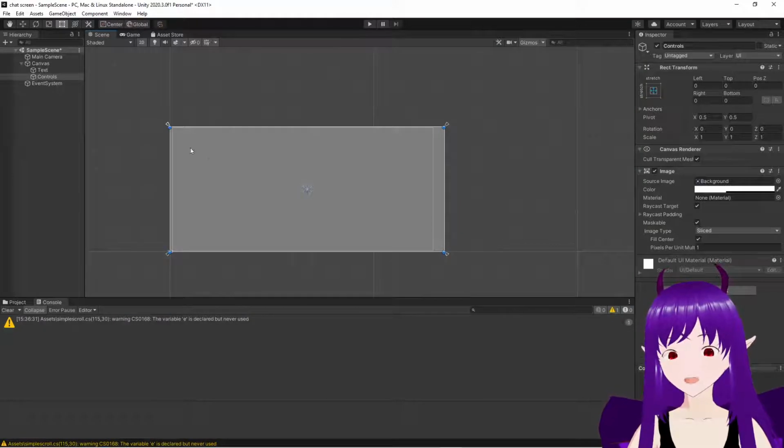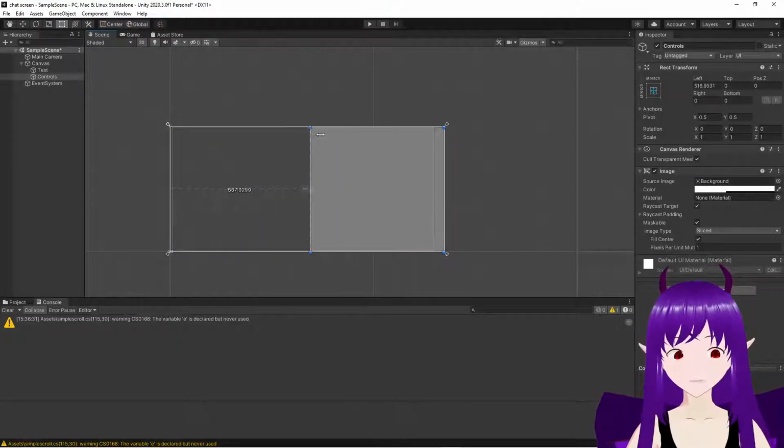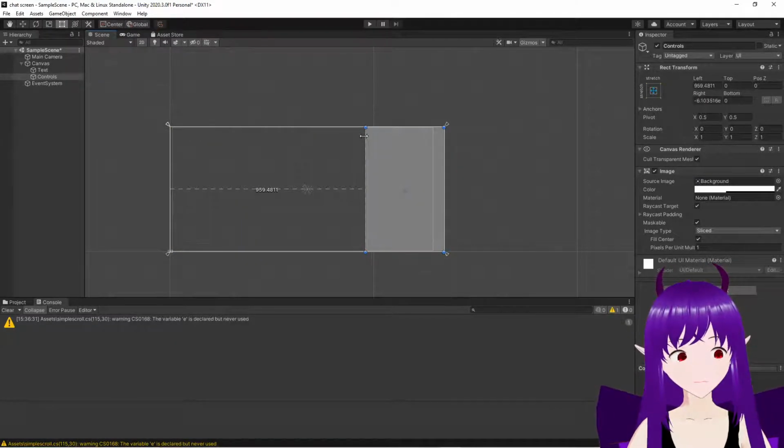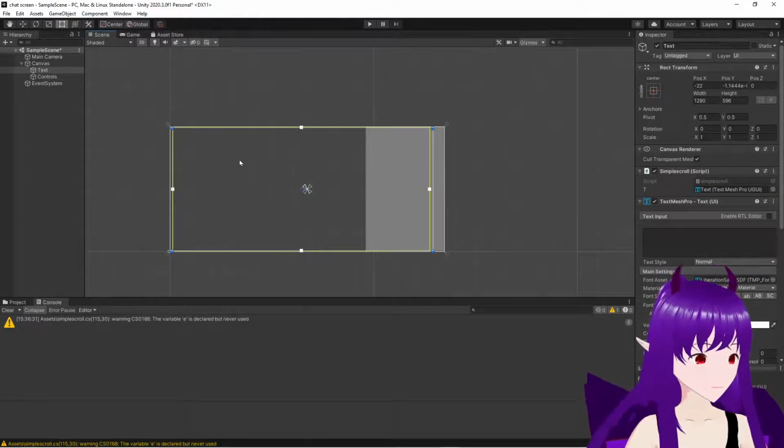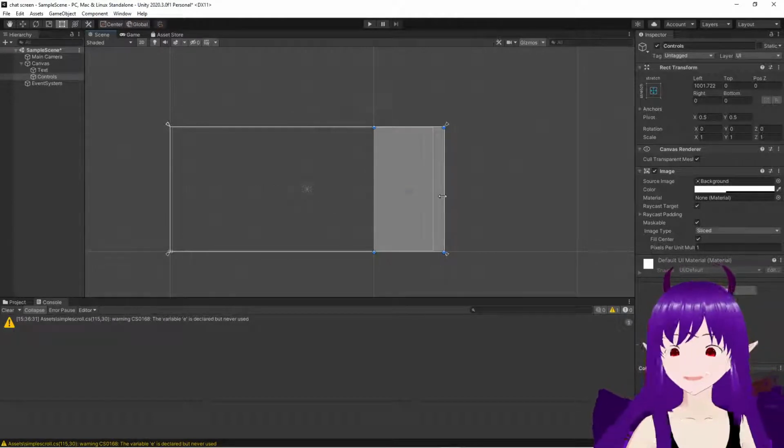We want to be in scene mode. Okay. Controls, we want it to fill there. That's our text output. Here's our controls. We'll put that to, say, around about there. Then underneath that,